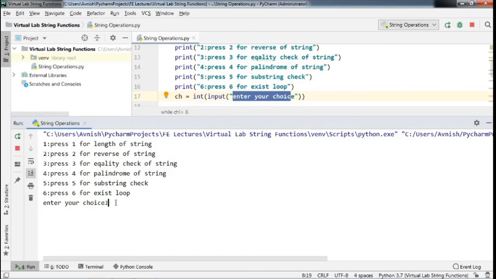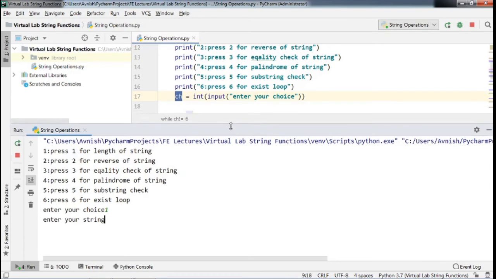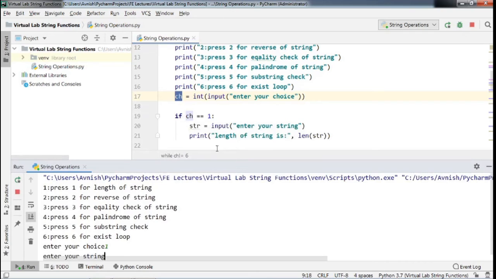Suppose I press 1 here. When I press enter, that 1 will be stored in variable ch. Now see, ch contains 1, and 1 is equal to 1.